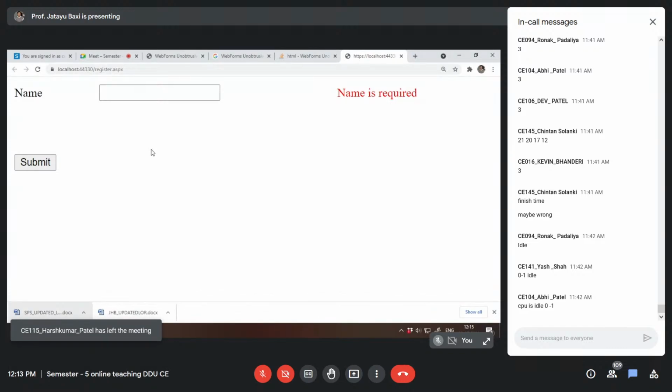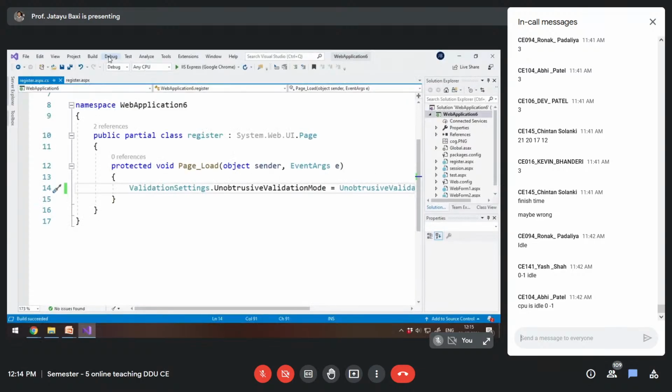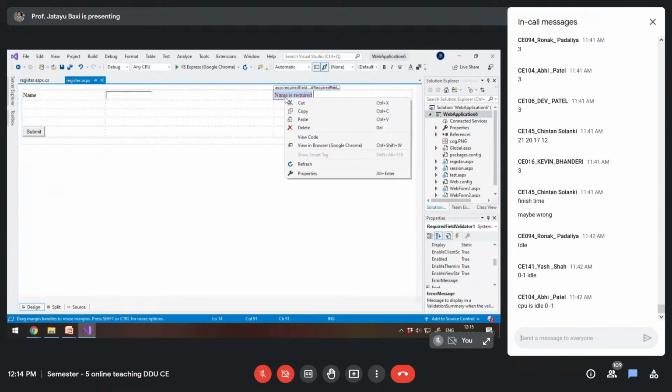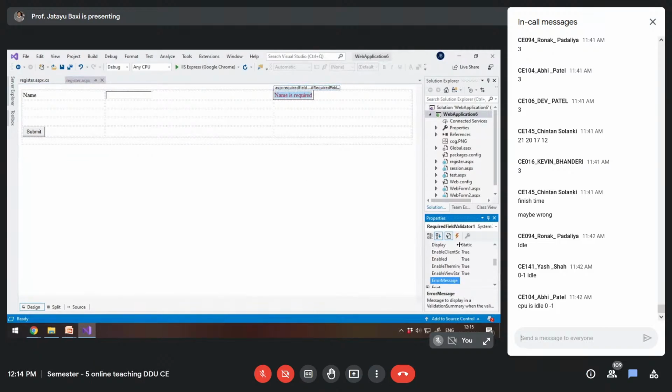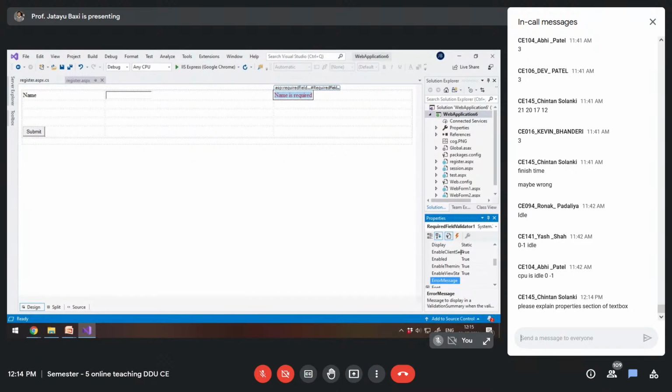It is happening because of this property, that is enable client script. I hope you are able to see. So enable client script is true.